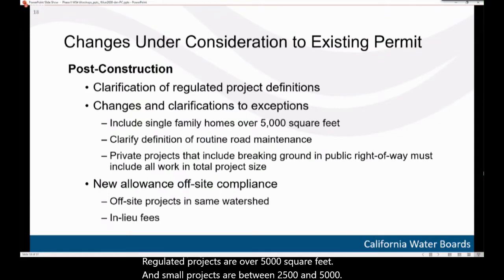And while we were looking back at these exceptions, we saw that single family homes are included in the small projects, but not included in regulated projects. So that would mean a home between 2,500 and 5,000 square feet would have to meet the requirements of a small project, which is to implement a site design measure. And then a home over 5,000 square feet, or over 5,000 square feet of impervious surface, wouldn't have to do anything to comply with the permit if it was just by itself and not part of a larger plan of development. So one thing we have started considering recently is revisiting that,